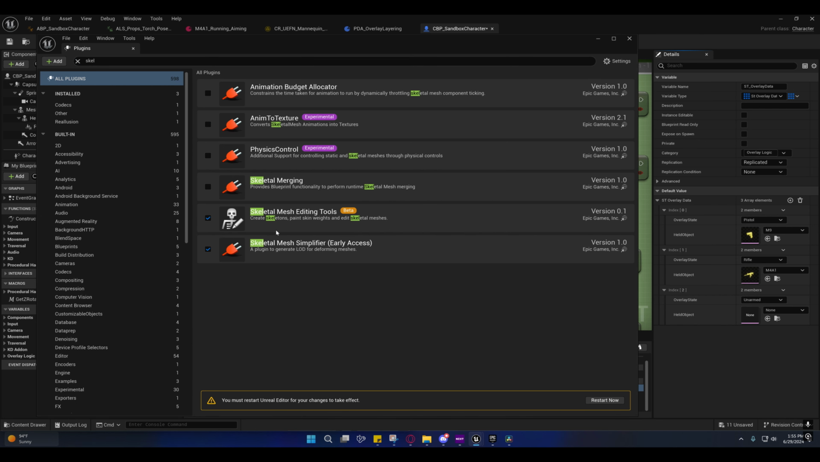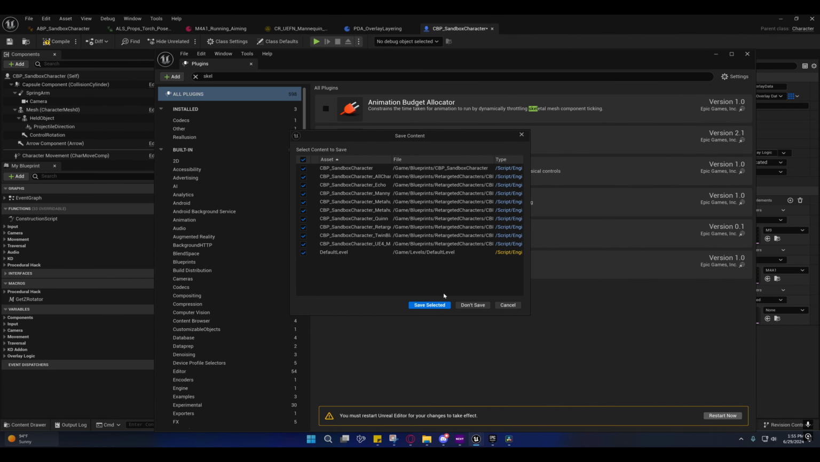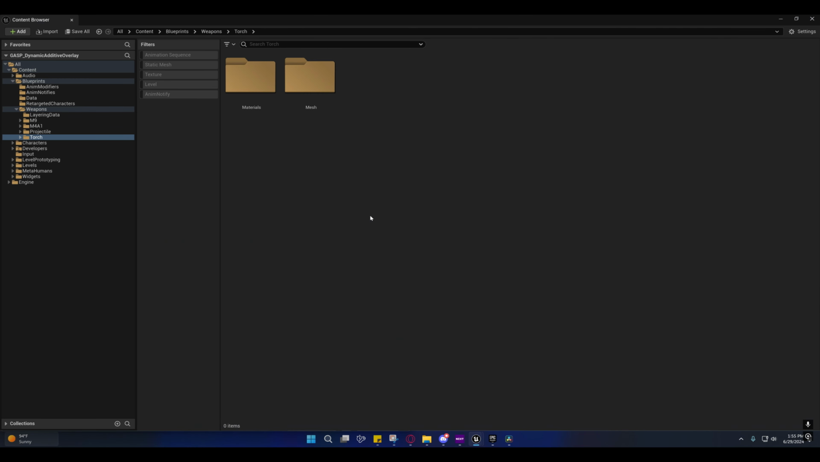And some of you might not like it, but until I refactor the way that I'm handling these being attached here, what I might end up doing is making an attachable or detachable component that handles this, and then y'all can just remove it. So go into plugins and enable the skeletal mesh editing tools. And I'm just going to,